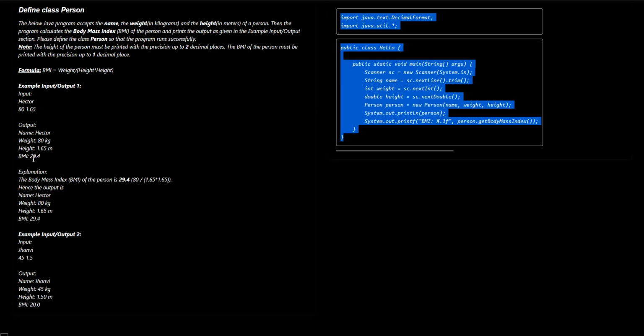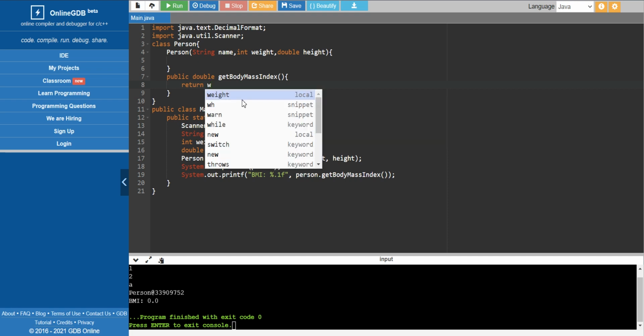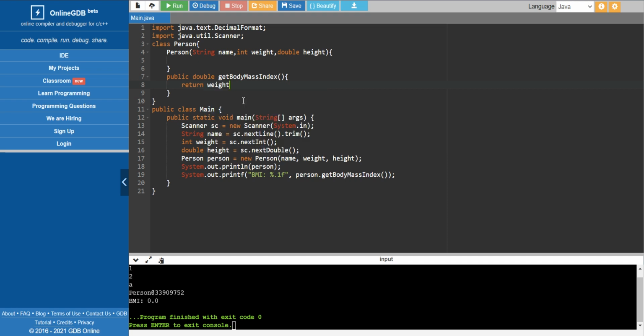What was that? Here it is. BMI equal to 29.4, which is nothing but weight divided by height into height. So here I have to return weight divided by height into height. I think this is a division operator.